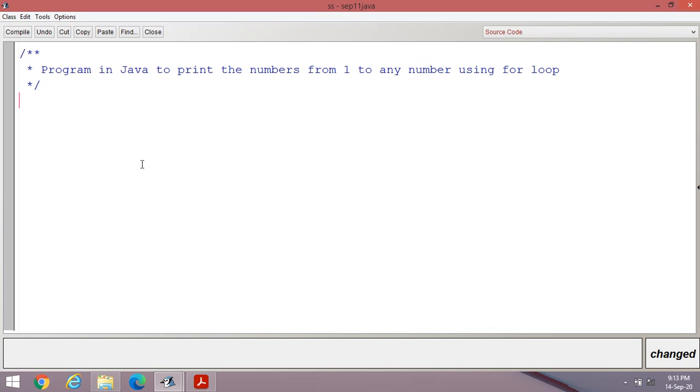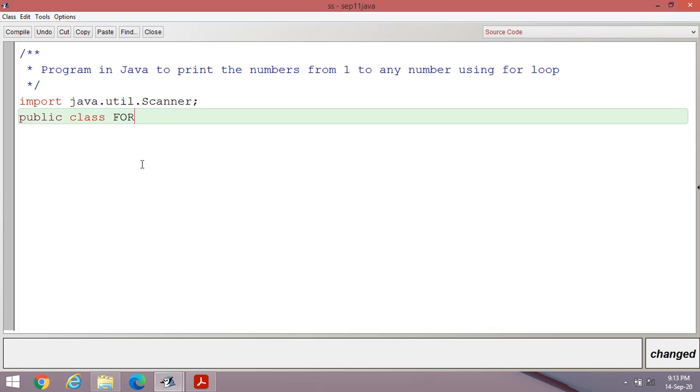For that, import java.util.Scanner. This class is required to enter the data from the user side. Then public class ForLoop, like this. Suppose this one is the class name.